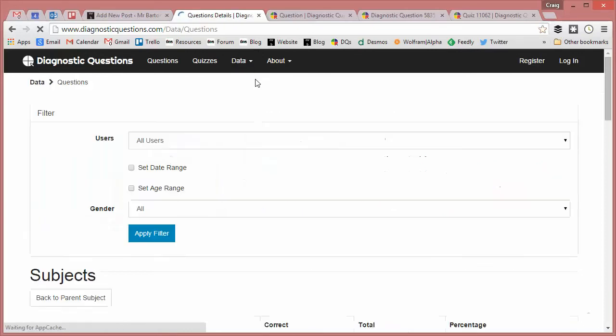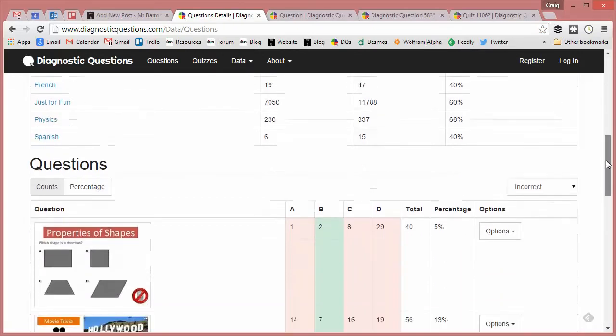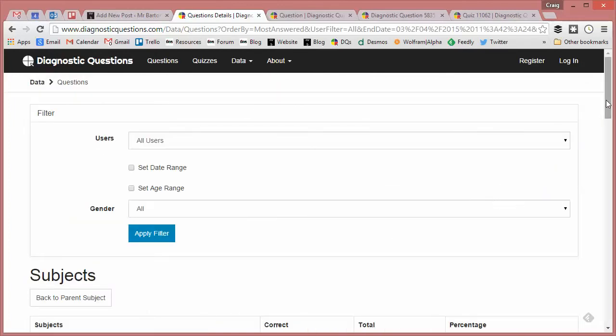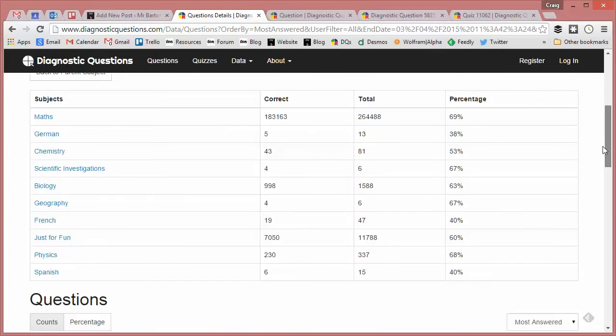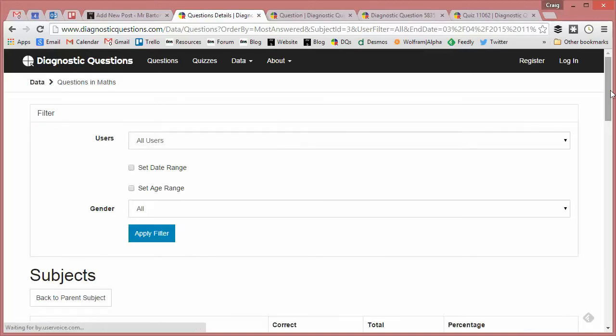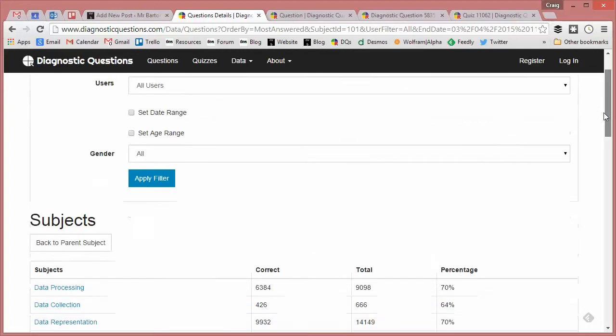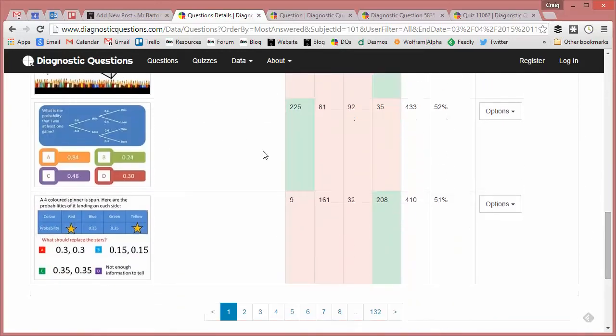So I'm going to go to data and questions, and I'm going to have a little scroll down and I am going to search by most answered, and as I've been doing the last few weeks, I think that's a really nice way to get some decent data size. I'm then going to go for a bit of mathematics, and then I'm going to have a look in data and statistics, and let's see if we can find ourselves a nice one. And the one I've got in mind is this little beauty here,